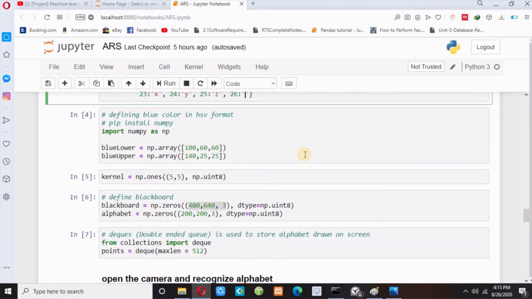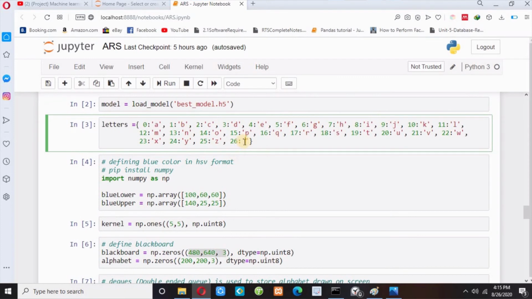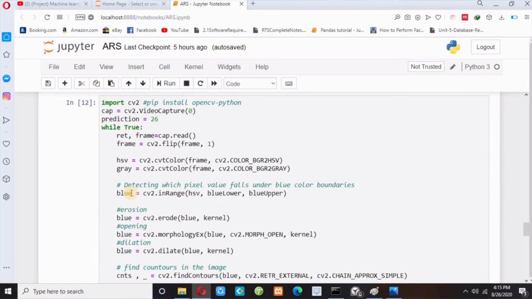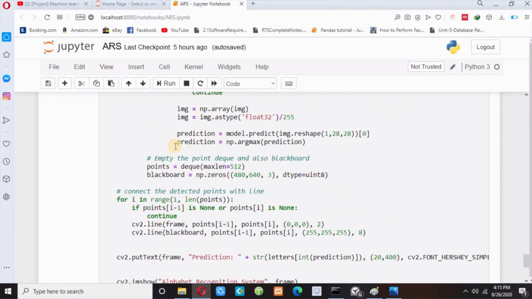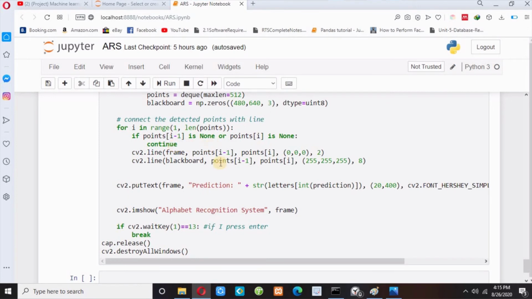Later you can see over here, 26 means nothing. Okay, I think I have completed my code. Now let me first execute this code. So let me press shift enter.